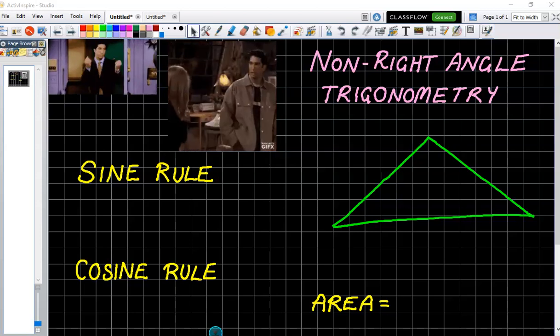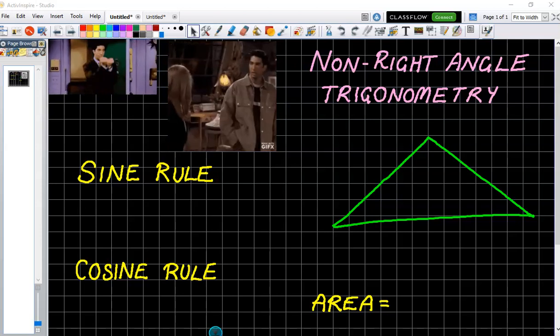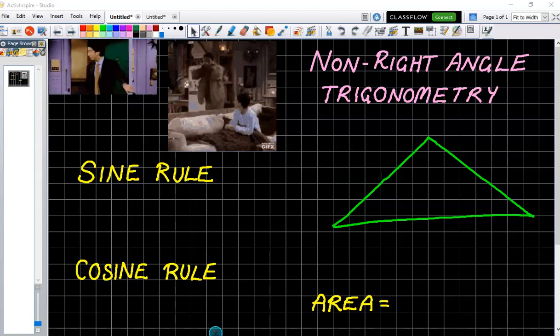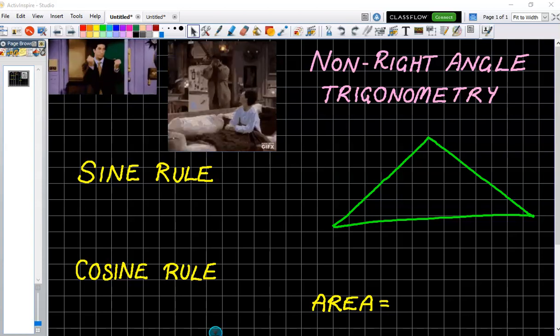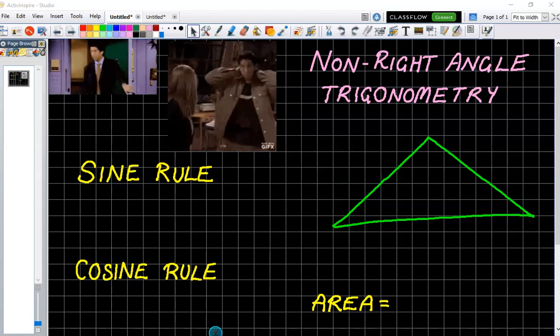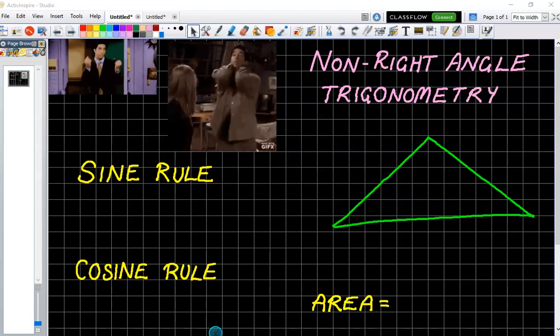So anyway, what we want to look at today is non-right angle trigonometry, and I will offer the mic to whoever wants to take over if you want to talk. Come on up. Yeah, Ollie wants to go for it. Come on. Oh, now he backs down. All right, so